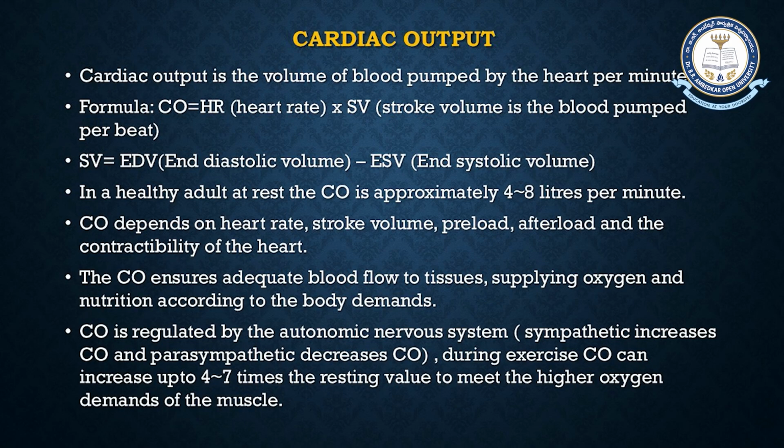Now, if you think about it, when you run, your heart starts to beat faster. Can you understand why that is? It is because to meet the demands of your muscle, the heart starts pumping faster to increase the cardiac output. Cardiac output is regulated by the autonomic nervous system. During exercise, cardiac output increases up to 4 to 7 times the resting value to meet the higher oxygen demands